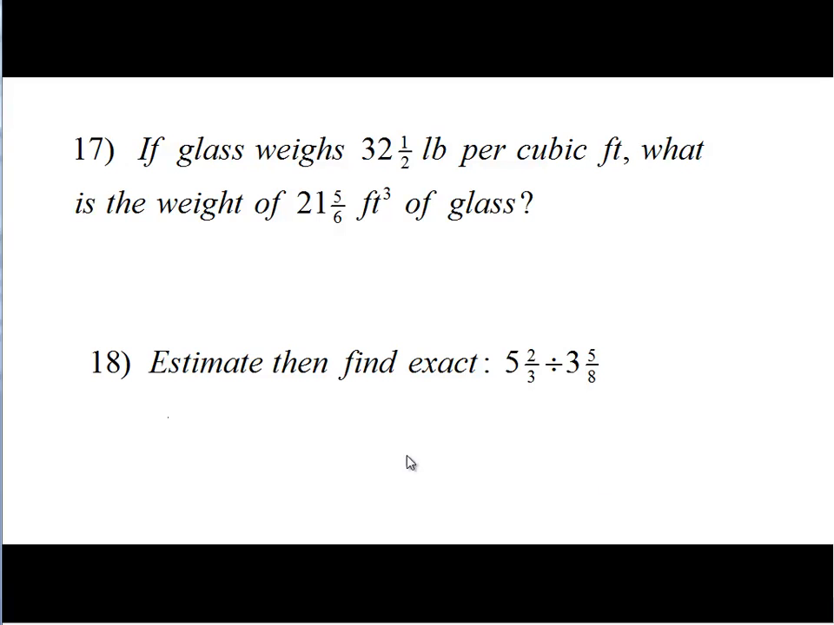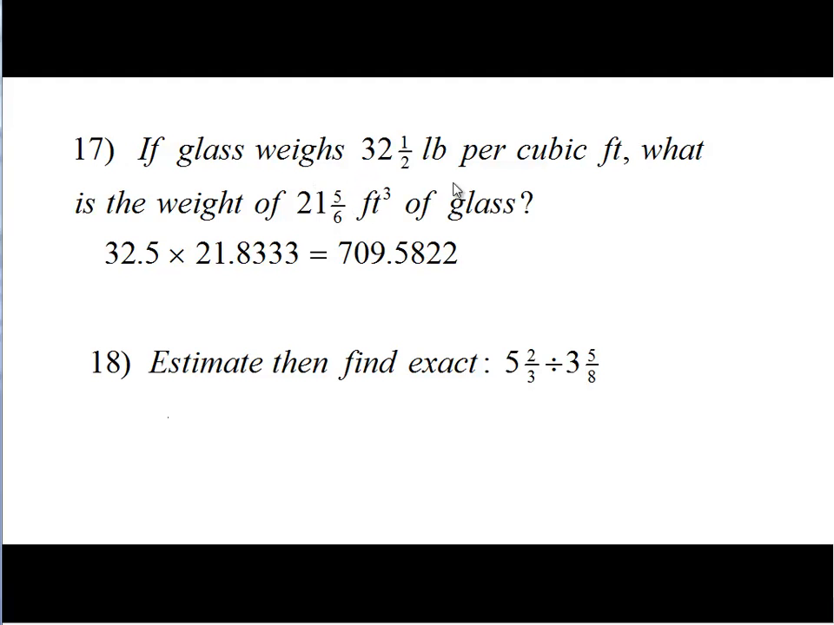Okay, 17. Glass weighs 32.5. Make that into a decimal. 32.5 times 21 and 5/6. Type that in your calculator. 5 divided by 6 is 0.8333. Just carry that many decimals, 4 decimals. Type in your calculator. 32.5 times 21.8333 should be